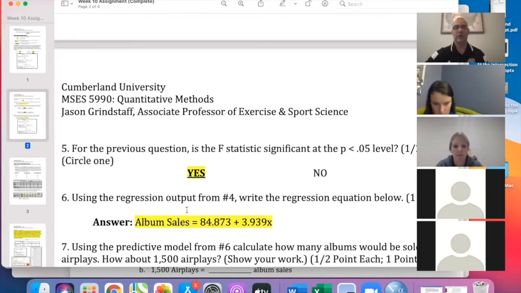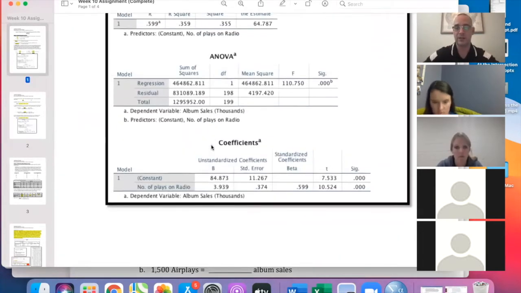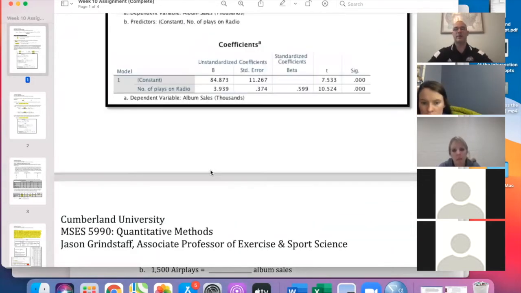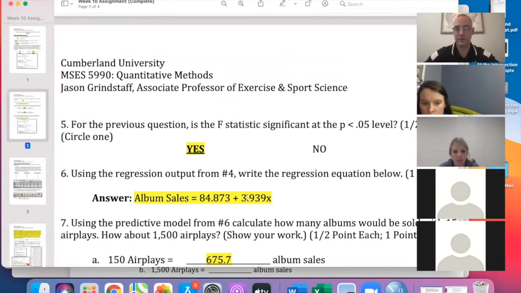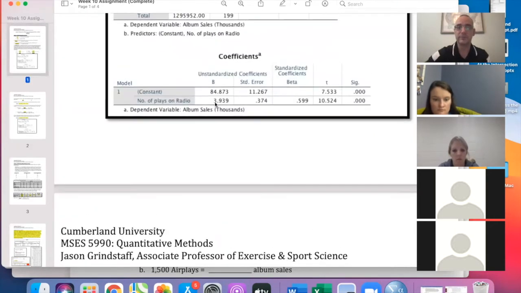So okay, in this case, what it's saying is, based on this analysis here, how do we write this formula? And it doesn't matter if you put the MX, the 3.939, before or after. All this is saying is that we're trying to predict album sales. That's our outcome variable. So album sales equals our constant, which is 84.87. That's our y-intercept, plus 3.939